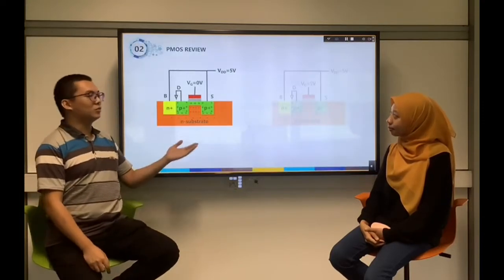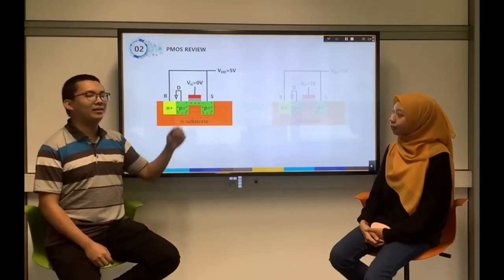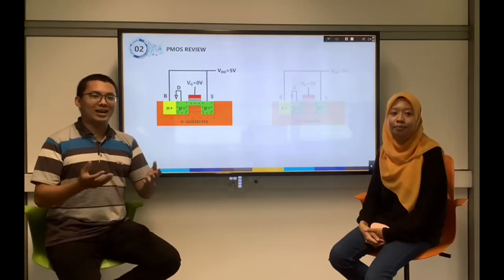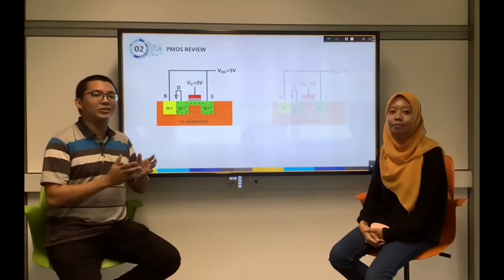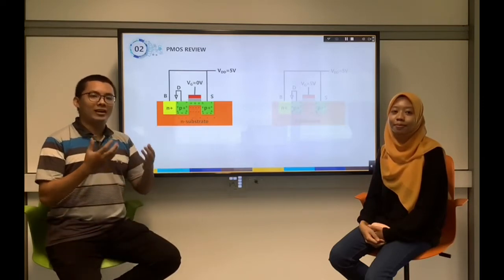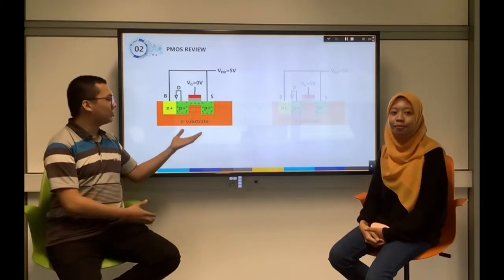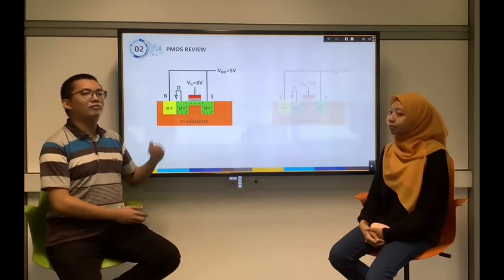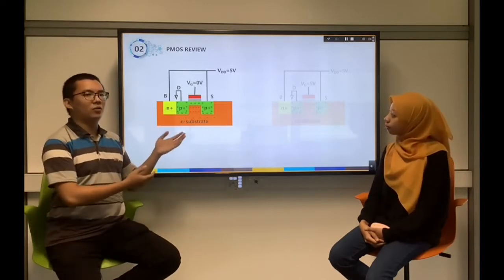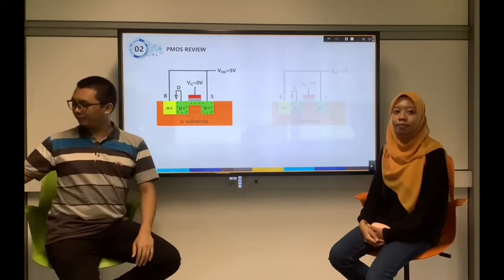Let's look at this PMOS with the body and source terminal connected to the VDD of 5 volt and the drain terminal grounded. So when there's no bias applied at the gate terminal, there is a potential difference between the gate and the body. Therefore, negative charge accumulates at the gate terminal here and attracts the positive charges near the gate, forming a channel that allows current flow. So the PMOS is on when there is no gate voltage applied, just opposite to the NMOS.